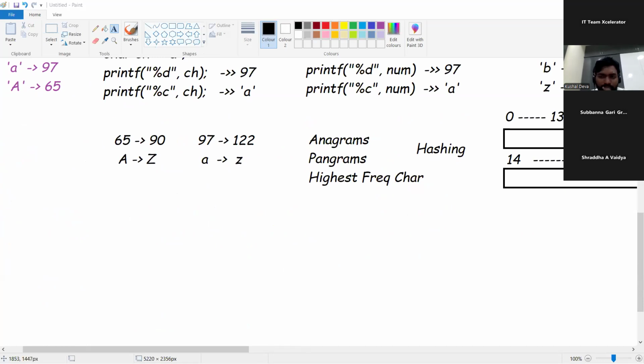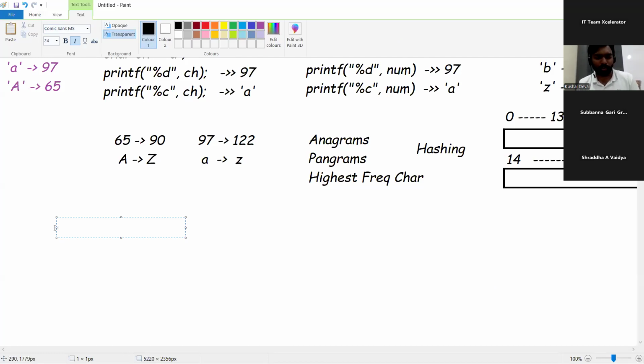Let me explain what exactly happens. Two strings having the same letters exactly. Not exactly, okay, I'll take some examples.